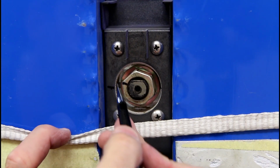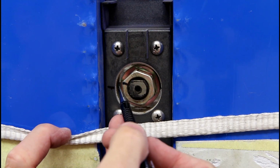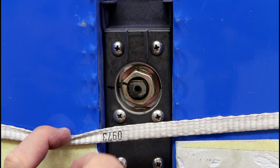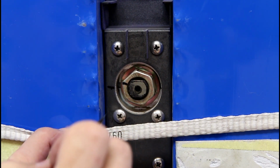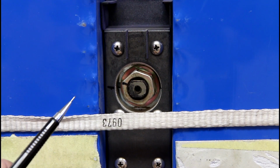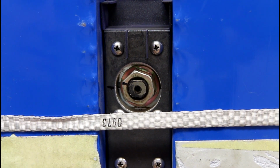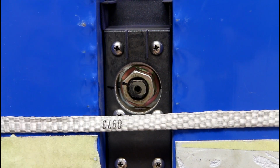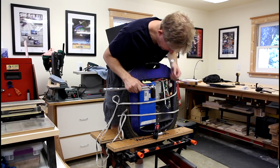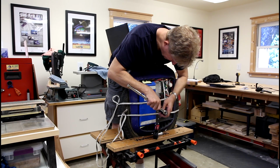Okay, well, hopefully you can see how much I got it to move. I don't know, 1/8 of a turn maybe? Not much. So I'll try that on the wire side. And I'm just going to have to take the wheel, put it on the ground, and see if that corrected the slop. Okay, so based on what happened on the other side, I think I'm going to